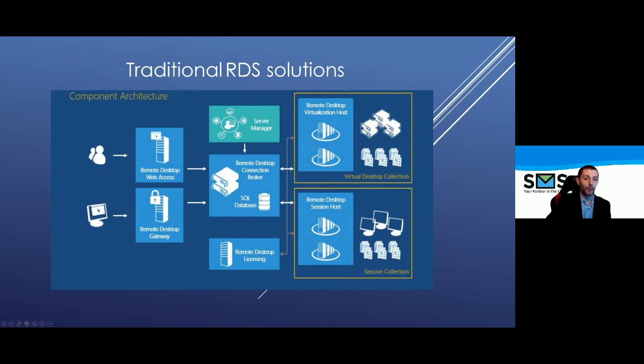You would then have to bring out your SQL database, as well as remote desktop licensing and licensing for any other application or solution you'd use, like for instance Citrix licensing, and then management of this as well. You would also have to cater for all of this before you even got to your remote desktop virtualization or your session hosts. Now,